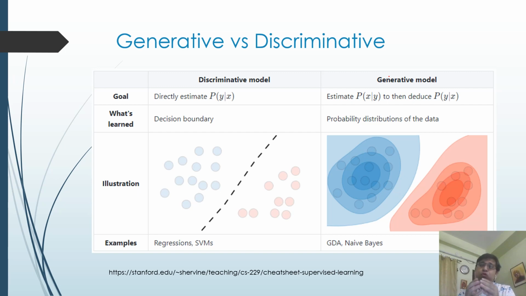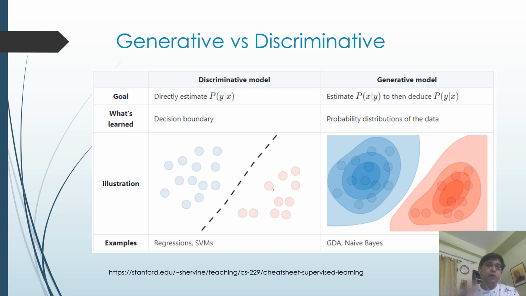Whenever we have looked at machine learning classifiers, we have categorized them into discriminative models and generative models. So for the discriminative models, if you look at the left hand side, let's say you are given two classes, one is this blue class, another is red class, and you want to draw a decision boundary between these two classes so that these classes are well discriminated by this decision boundary. And if you think of the goal, you want to learn probability of y given x.